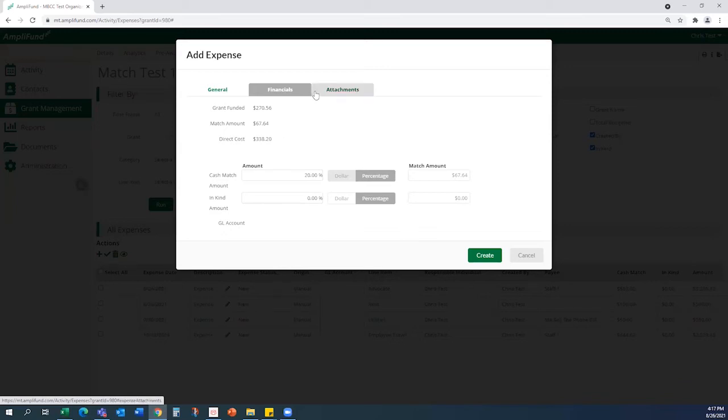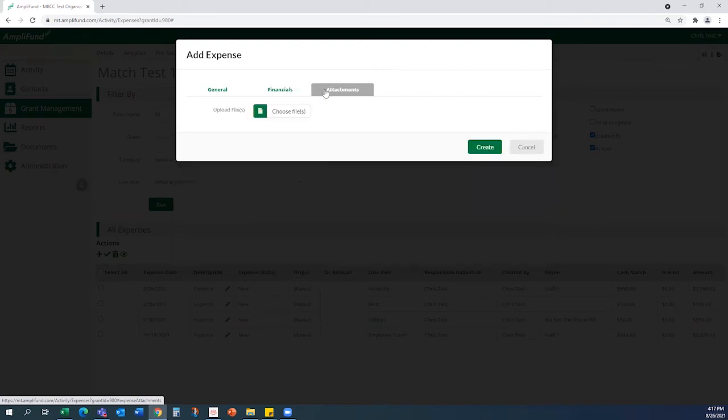What we're asking awardees to do is to provide their documentation for each expense at the expense level. This works in AmpliFund in a multitude of ways, and as we get through the other two pieces today, you'll kind of see how they all link together. So we're going to select attachments,